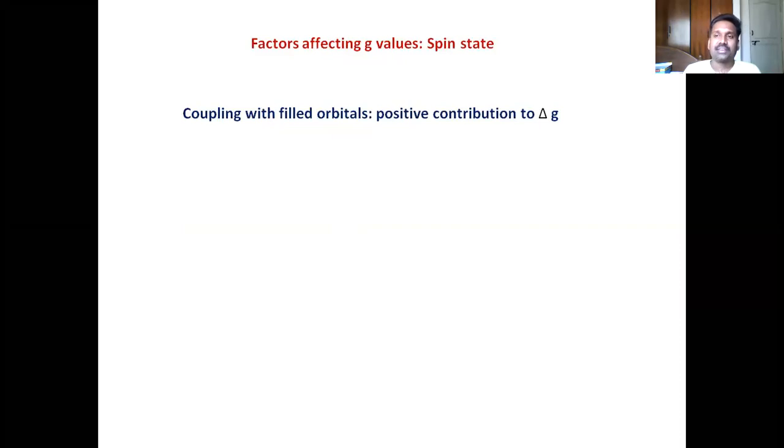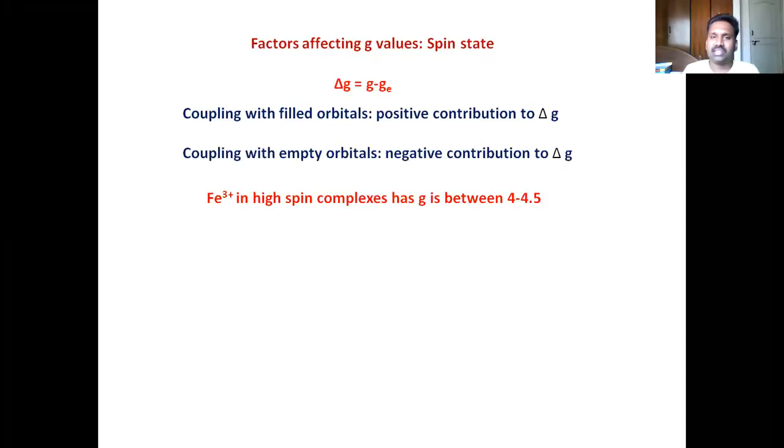Is it not? Fine. Now, there is an observation that if the electron couples more with filled orbitals, then it will have a positive contribution to delta G. So the G value increases. If the coupling is with empty orbitals, the G value decreases. After all, what is that G? The G is actually the delta G,